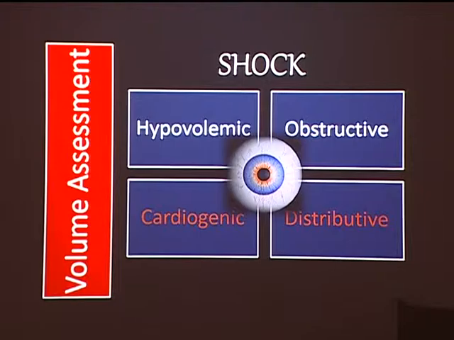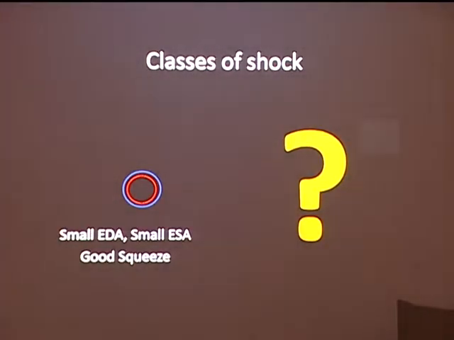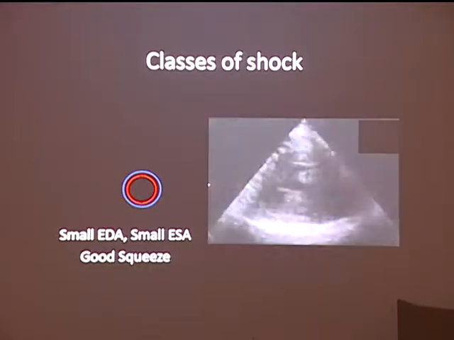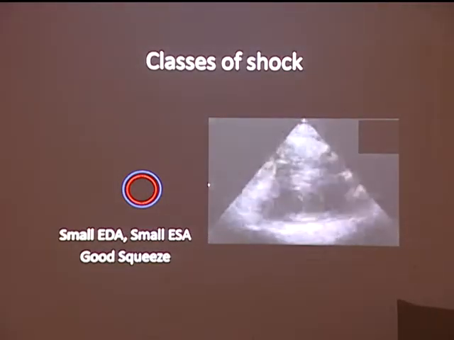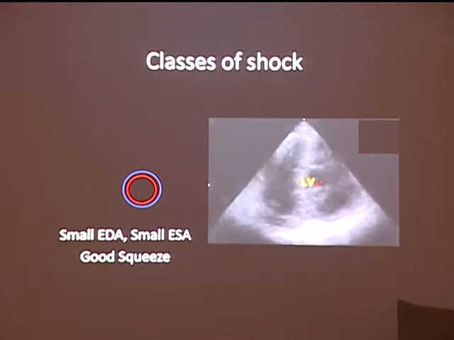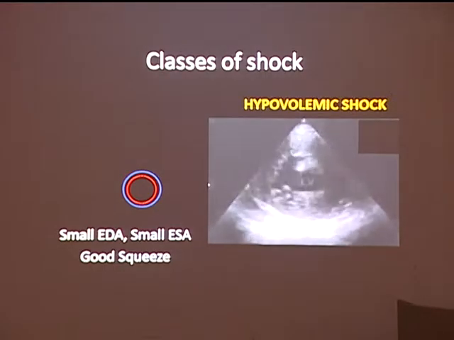and obstructive shock. Okay, if I give you a patient's heart at the shock axis level, where the heart is small in both systole and diastole and squeezing very well, which class of shock do you think this patient is in? Obstructive, hypovolemic, cardiogenic, or distributive? Very small heart, not filling well, squeezing very hard. Very good. You will suggest a hypovolemic heart, right? So if you see something that's small, it suggests that this patient has hypovolemia.